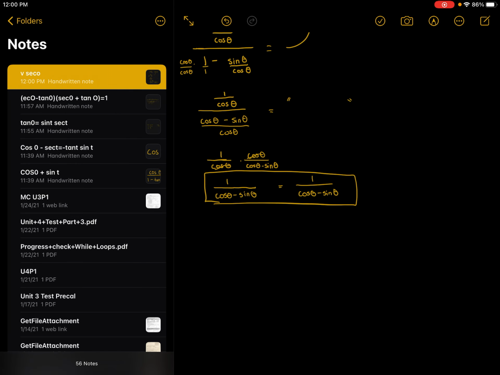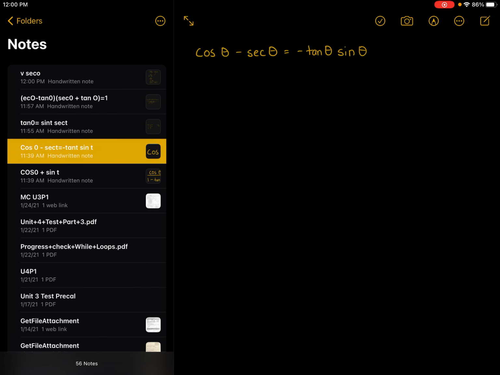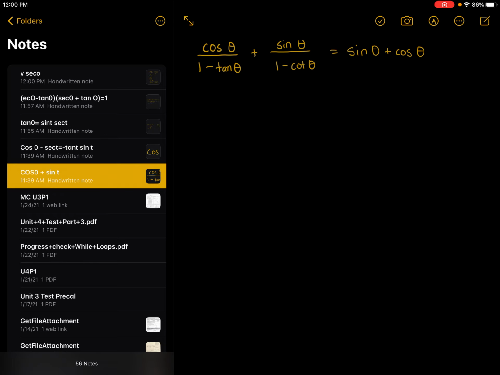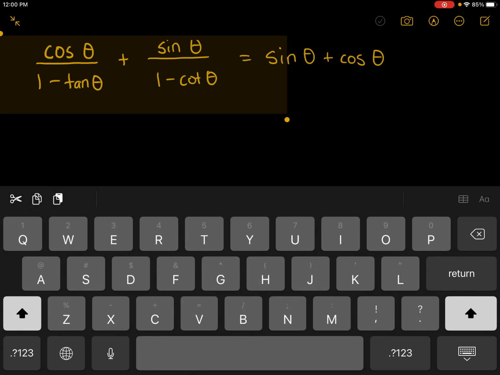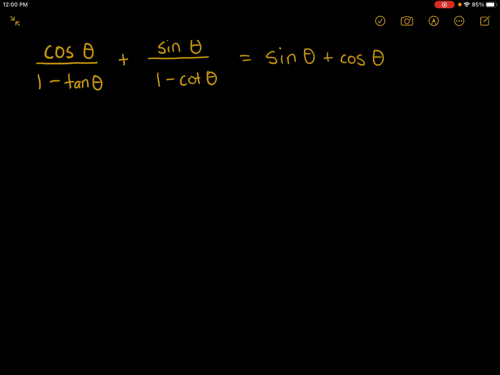The next one we have is cosine. Did I do this one? Nope. All right, so now this is going to be a trickier one. We have sine theta plus cosine theta on the right, and a lot of stuff on the left. So again, anytime that one side is in terms of just sine and cosine, I would make the other side also be in terms of sine and cosine. So on the left, we want to do